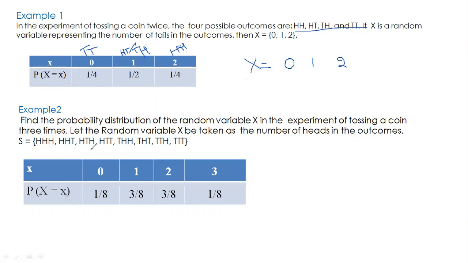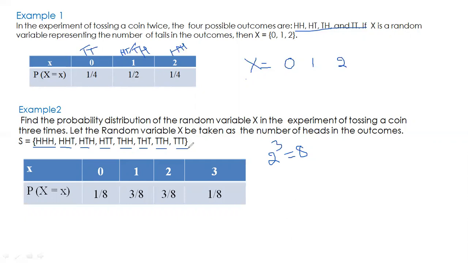Similarly, when you are tossing 3 coins, here x is representing the number of heads. You can take it like that, or you can take x is equal to the number of tails. So when you are tossing 3 coins, the possibilities you will get are 2 to the power of 3. Each coin has 2 faces, and the quantity is 3, so 2 to the power of 3 possibilities, so 8 combinations you will get. Those 8 combinations are head head head, head head tail, head tail head, head tail tail, tail head head, tail head tail, tail tail head, tail tail tail.